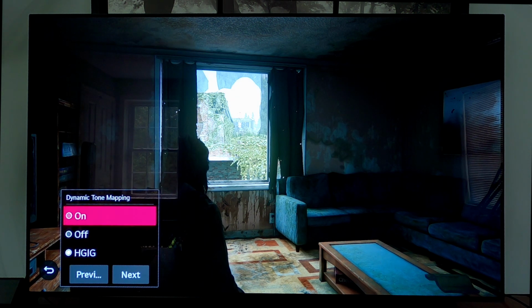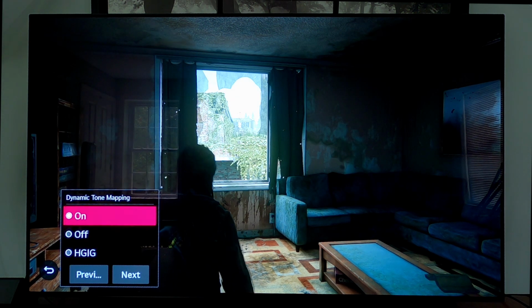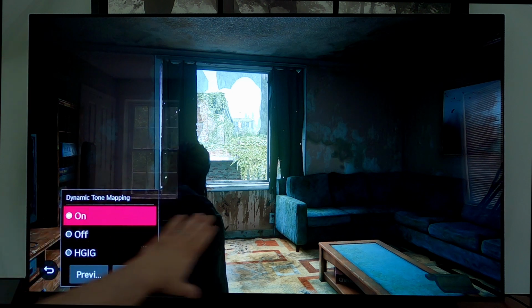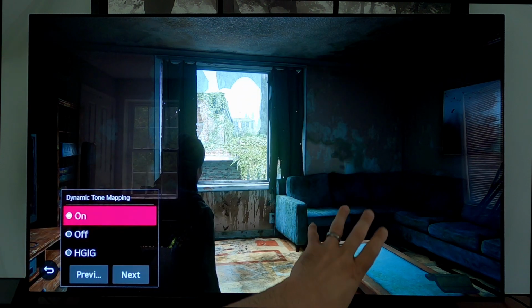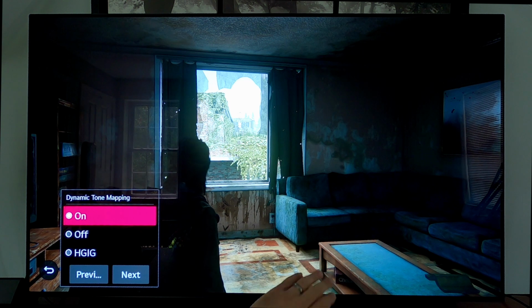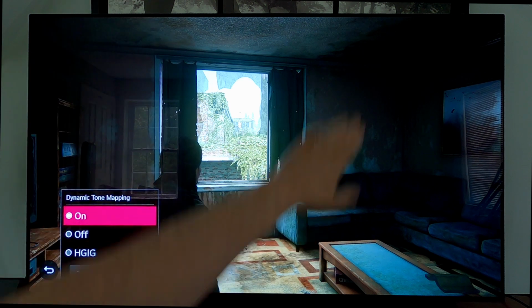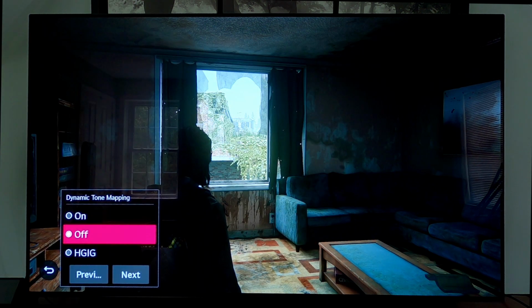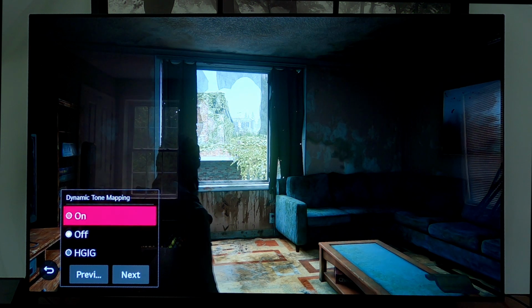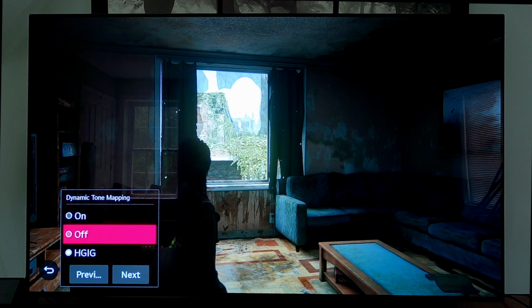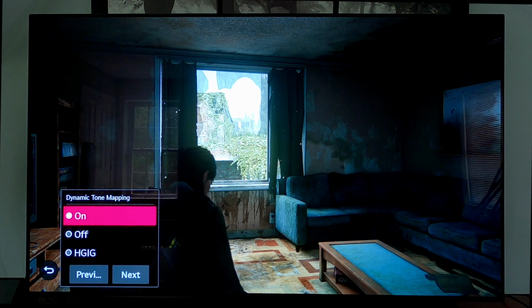Now, if you go to dynamic tone mapping on, you notice immediately it brightens up the screen on a global level. So the couch and this wall is brightened up just a little bit. So off, on, HGiG to on. And really, it offers, in my opinion, a very pleasing image because you're pumping up that high